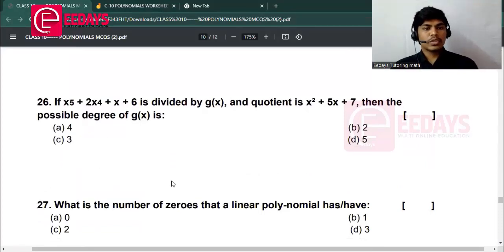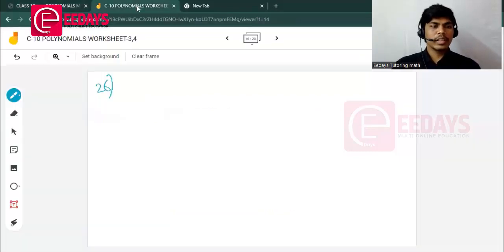If x power 5 plus 2x power 4 plus x plus 6 is divided by g of x, then the quotient is x square plus 5x plus 7. Okay. Then what is the possible degree of g of x? Okay, let us do it here. So first of all,